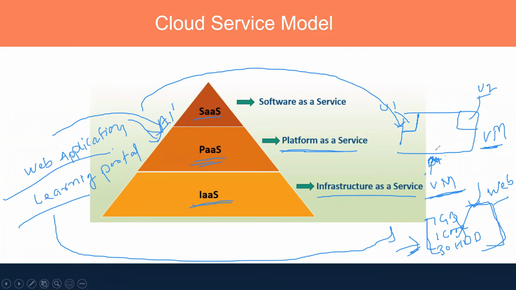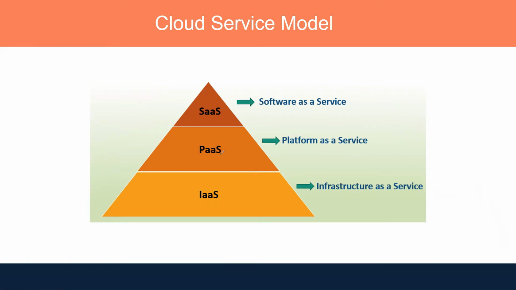Who is going to manage? You need to ask the cloud provider to check this machine if there is any slowness due to RAM utilization or disk utilization. So PaaS is just going to provide you a platform only. On that platform, you can deploy your application. In PaaS, the complete infrastructure is managed by the cloud provider, and you would just be consuming the services. You would be responsible for managing those PaaS services.